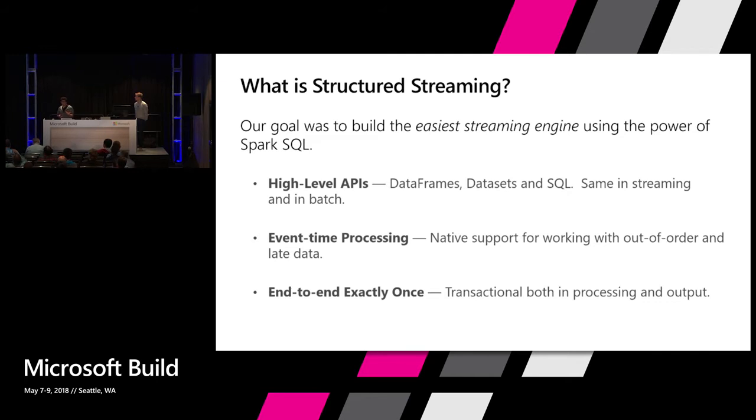So let me give you a concrete example. If you wanted to score an ML model, and you wanted to use input data from a file, or you wanted to use input data from a stream, it would be the identical APIs, and we're going to show you that. We have event time processing, so we have built-in functionality to watermark data, to deal with out-of-order data,